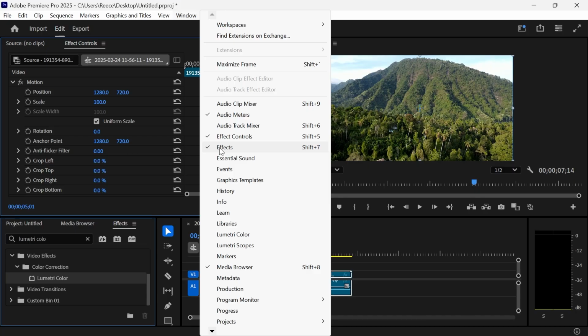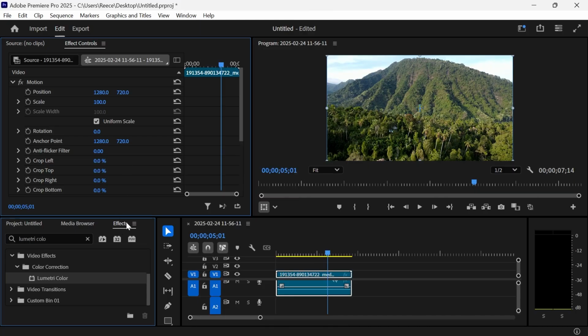Now, once you have enabled effects, we need to click on it in the bottom left-hand side here, and then using this search box, we're just going to type in Lumetri Color, and underneath color correction, you should see this filter here called Lumetri Color. So all we're going to do is drag this onto our video footage like so,